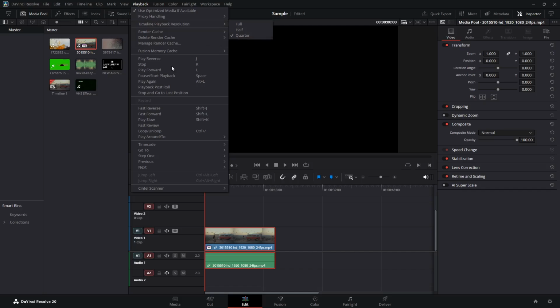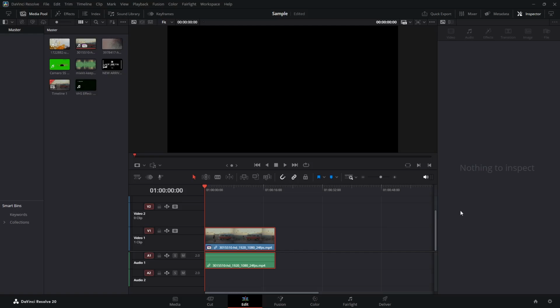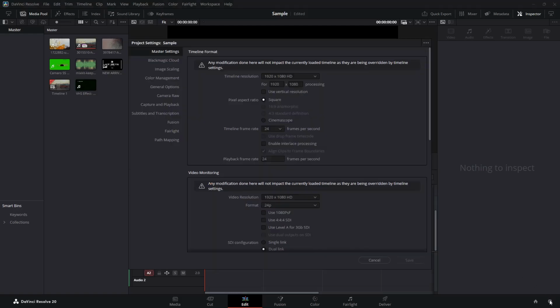For the next option, look to the lower right corner of your screen and click the gear icon. This opens your project settings. Navigate to the Timeline Format section. Here's something crucial. Make sure that your timeline resolution is properly matched to both your timeline frame rate and playback